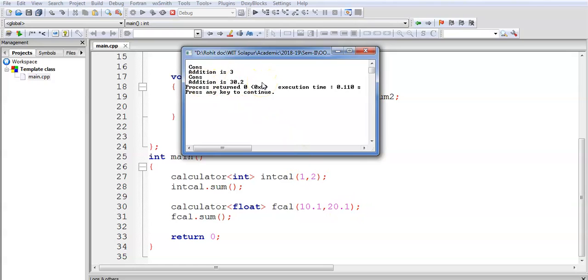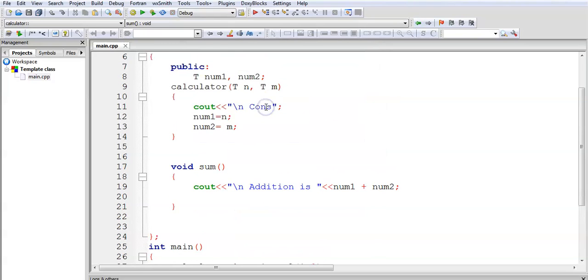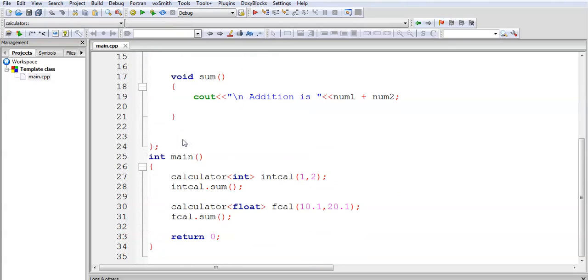In this way, by using a single constructor, we can pass arguments of different data types. This template lets us use different data type arguments for a single function, a single constructor, or a single class. So this is nothing but the template.